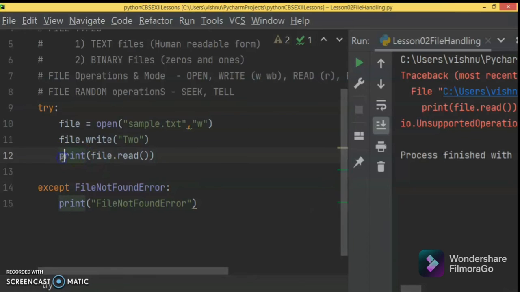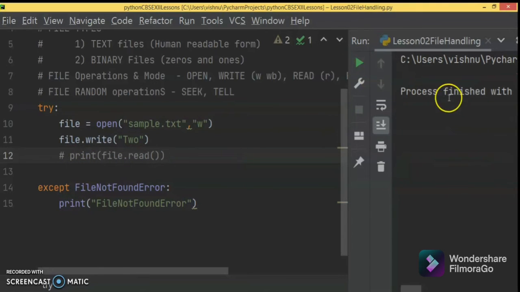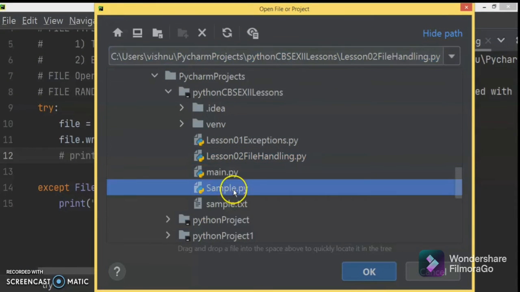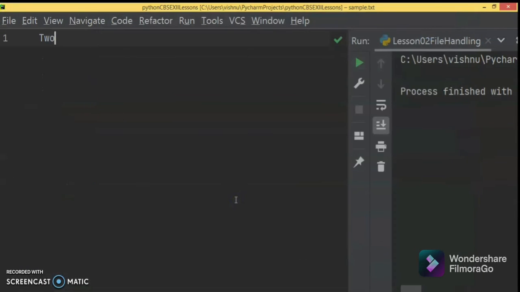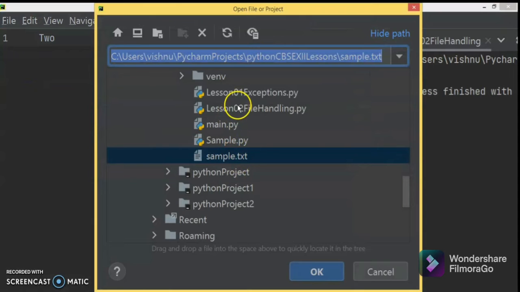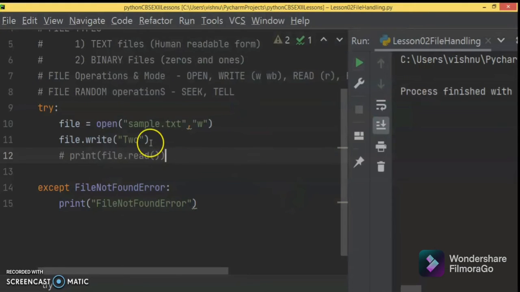Oh sorry, because here it is only write operation, it is trying to read, so it is coming like this. Okay, now we'll go and open and see sample. Only 2 is there, 1 is already gone. Why? Because we are only in the write mode.